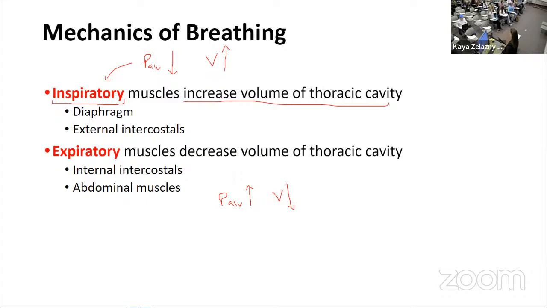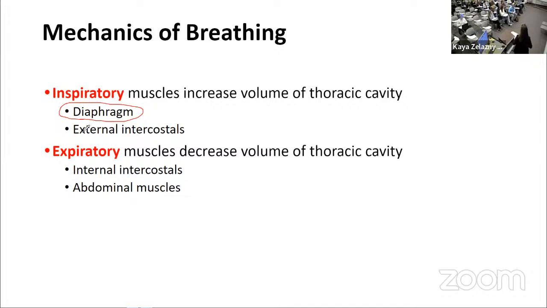So we do have specific muscles that do this. The main muscle that we think about when we think about breathing is one of our inspiratory muscles. That's your diaphragm. Your diaphragm is located between your thorax and your abdomen. It's really the divider, right? So you're going to see it attaching down at the bottom of the ribs. And this is the one that